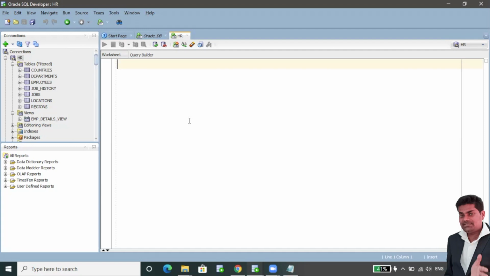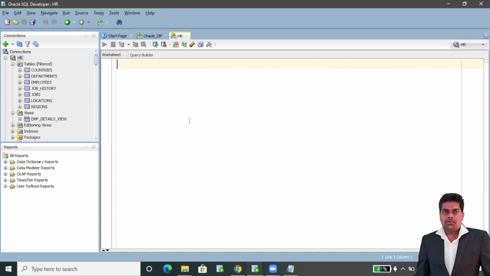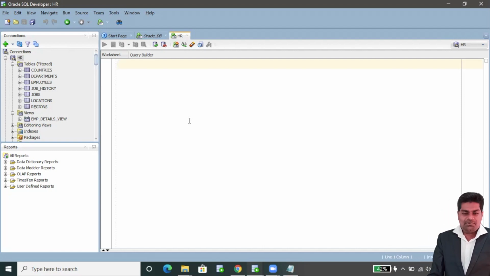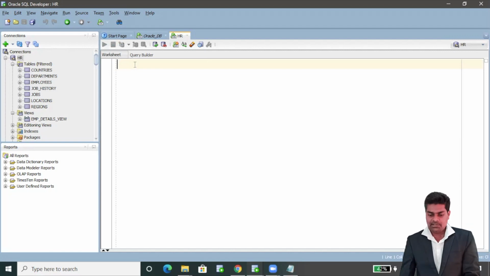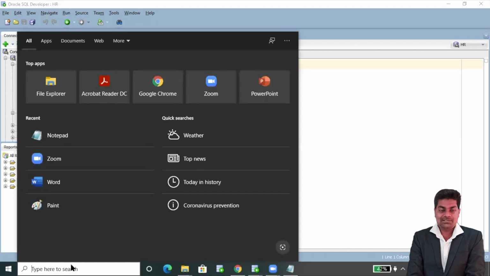The very basic thing in the database: whenever I meet some people, they say, I have 8 years experience, I'm working in database. When I ask which database you are using, they say SQL. Friends, SQL is not a database. SQL is Structured Query Language, trust me. So simply we have to go in a very simple way. Now the very important thing, what is HR? I'll show you in a very simple way what is a database, what is a user schema, what is HR.